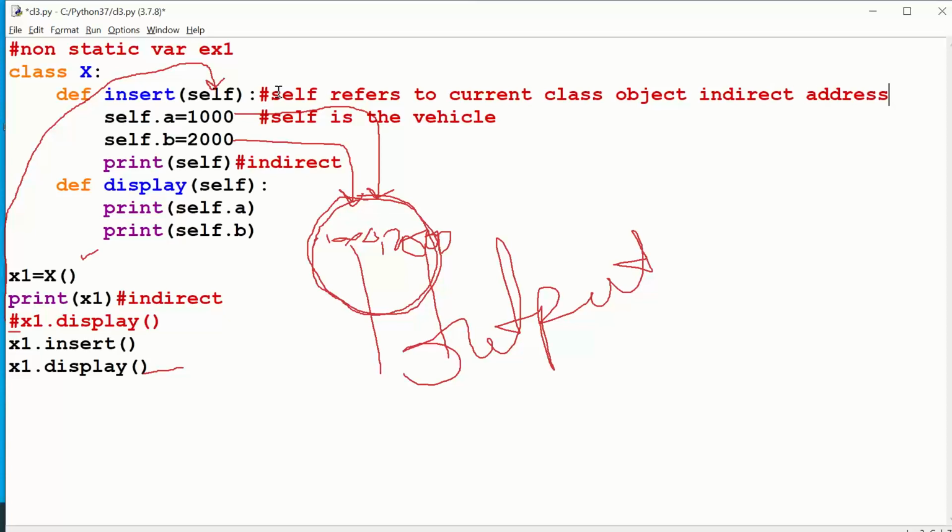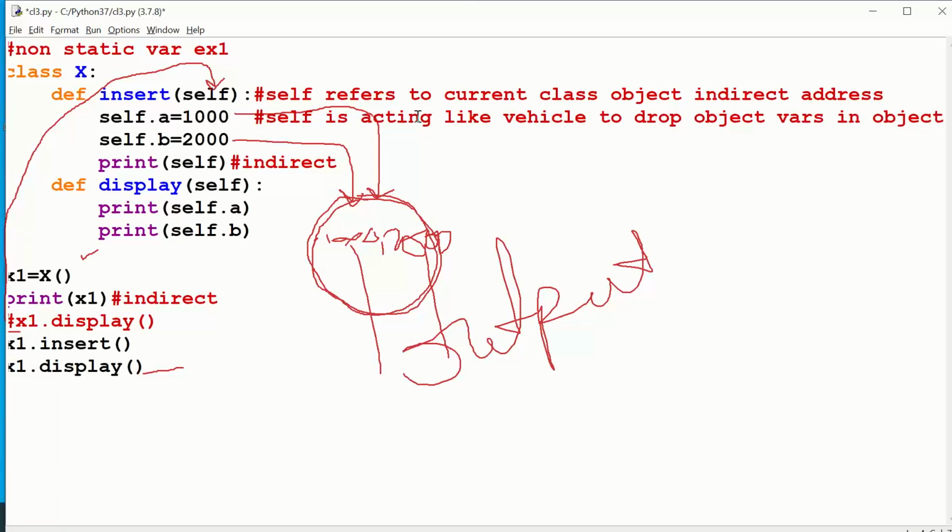So self is acting like a vehicle to drop object variables in the object. You should understand, right?